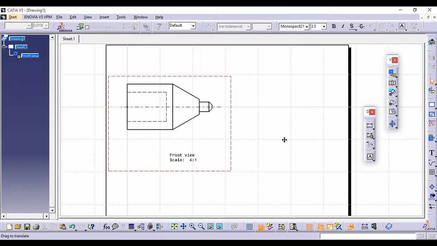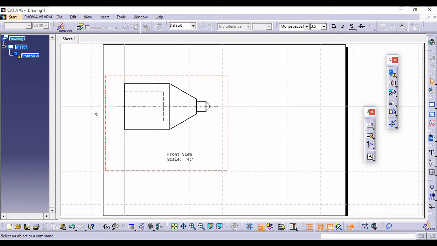Now to get a sectional view of this one, we require the view toolbar, and under the view toolbar we have this particular command. Select this offset section view, select the first part and select the second part. This particular section is parallel, so that's why you select parallel.